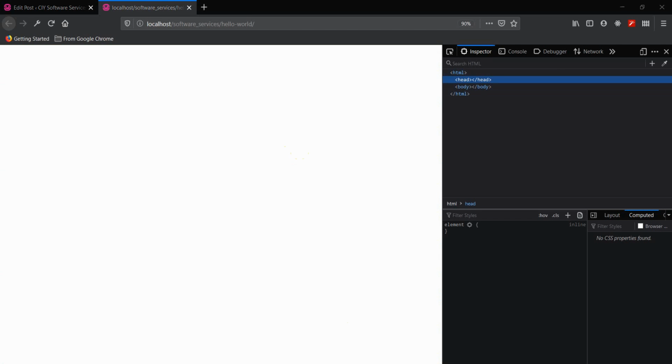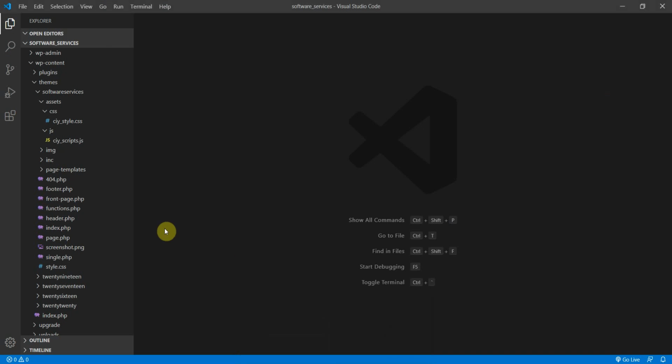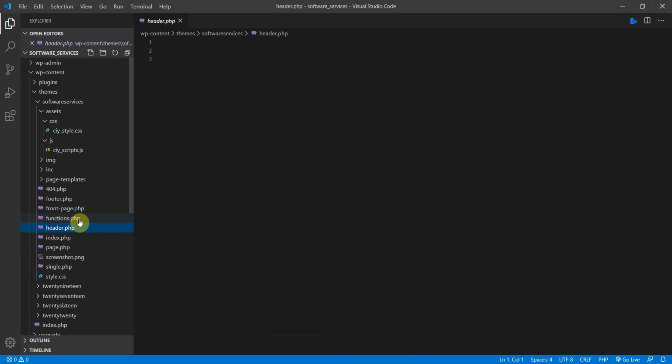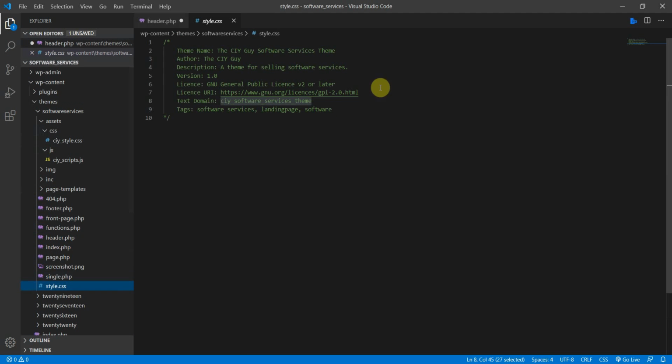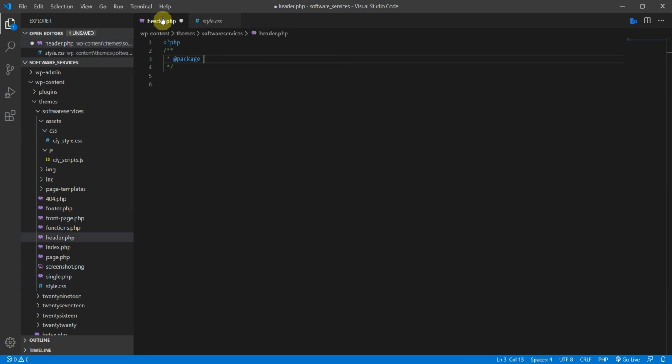So let's head back to our file structure and open up our header.php. In here, let's open up PHP tags, and same as always, a comment and the package. The package, you can find here, is the text domain from the style.css file. So let's copy that and paste that in, and maybe a little comment to say what this is: the header